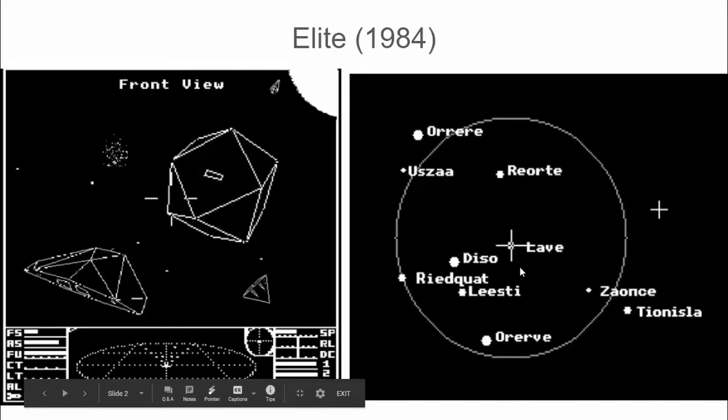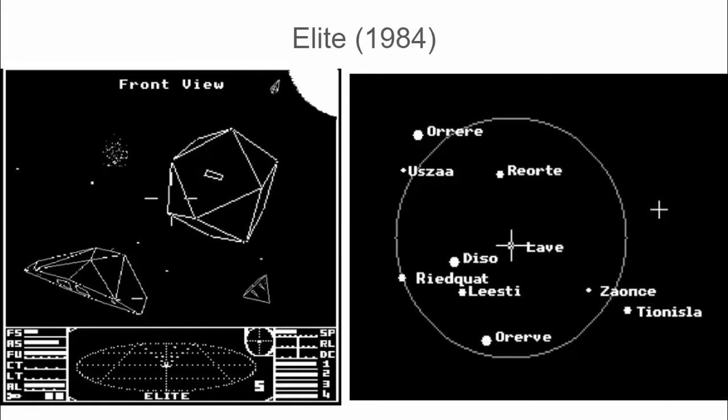So imagine, put yourself back long ago, when people were trying to make games that appeared to take place in a large universe. I've got a galaxy with 255 different planets, or I've got a side scroller or a vertical scroller that is producing kind of an endless amount of terrain coming at me. But every time I play the game, I get the same terrain. It's like there's a huge database that stores the world, but I know in the back of my head that there's no possible way they can be storing all of this, because there just isn't enough room on the disk or cartridge or tape or whatever. So how do you generate the same thing every time without having to store it? And that's where we get into random numbers.